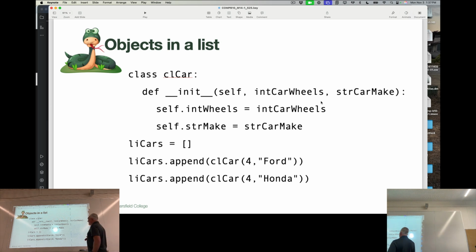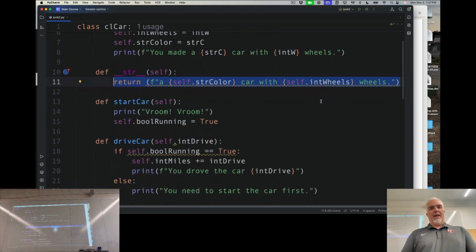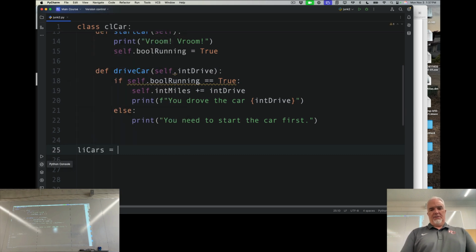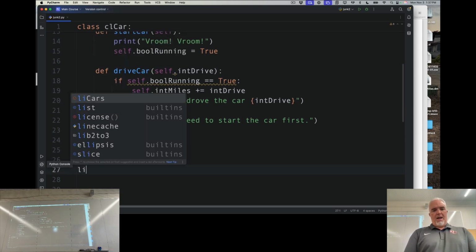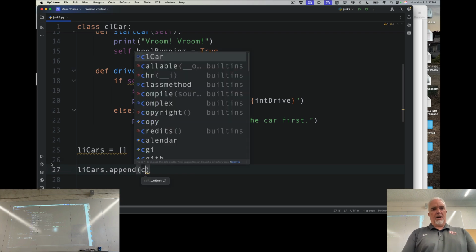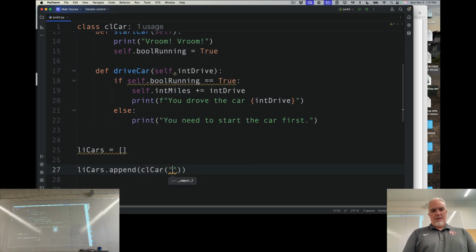Because what I can do is create a list of cars, li_cars, like this, a blank list, and then notice I'm appending that car. So I'm creating a list, which I can then go through and iterate through just like any other list of things. So let's say li_cars looks like this. And now I can cars.append and I can say Car, and I can say,